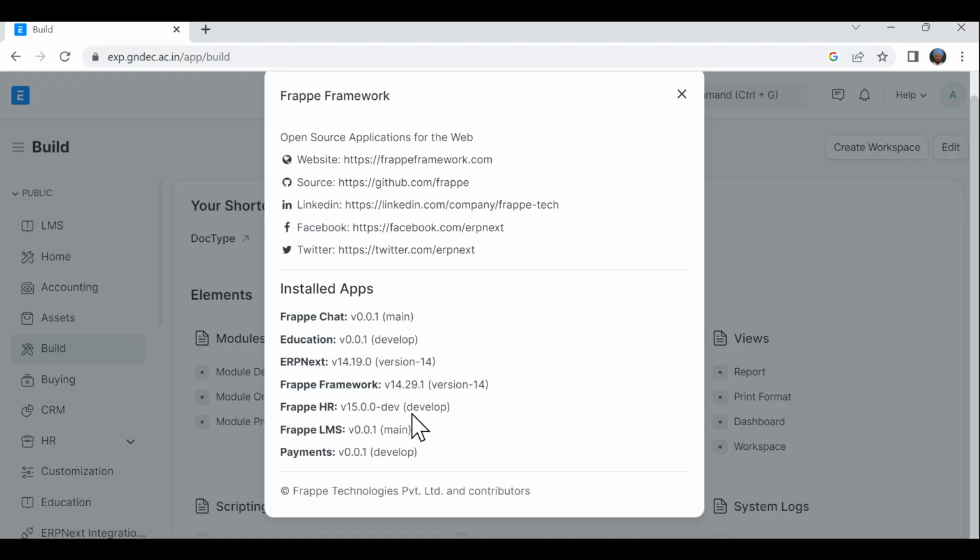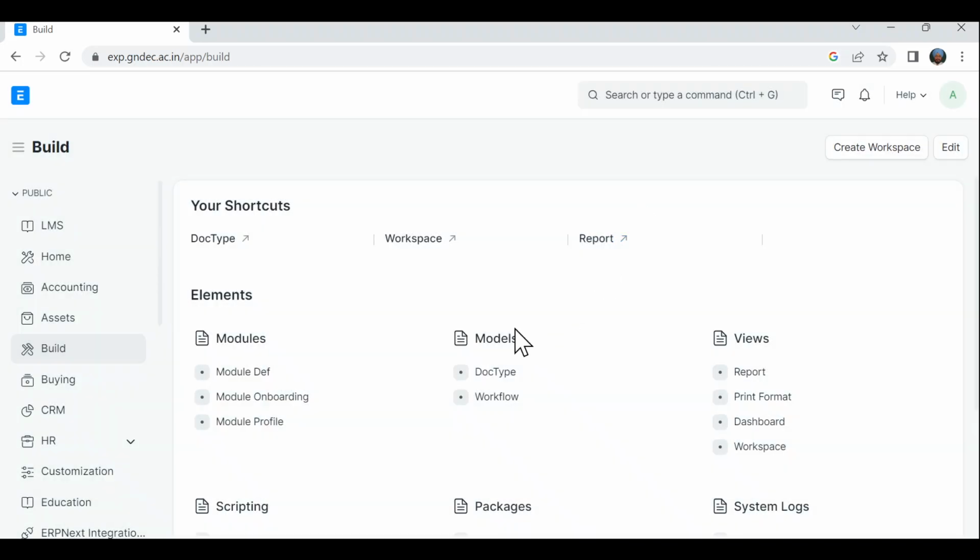So our focus here is the Frappe framework. Like this, you can create your own app as well, right? Every app will have modules. This app can be divided into sub-component modules, and then modules will have something called the DocType, right? So here is a DocType. If I click here on DocType,